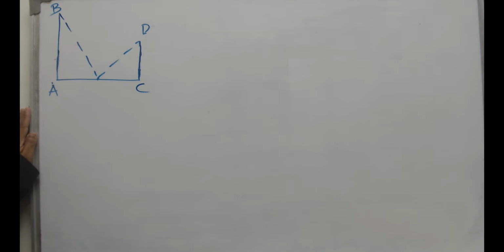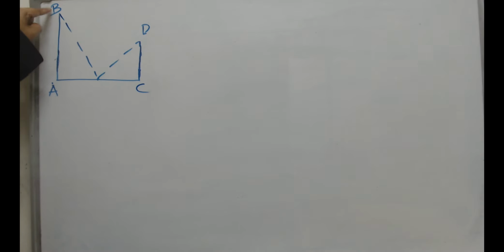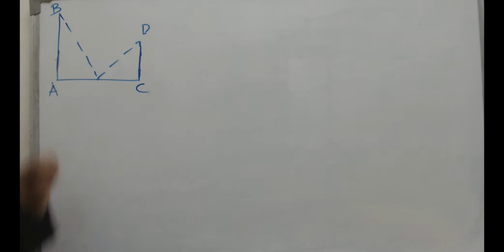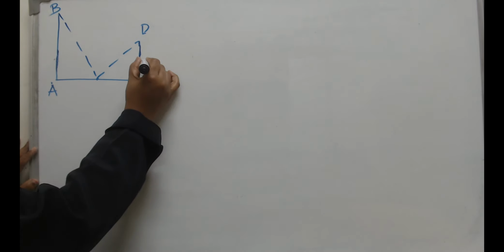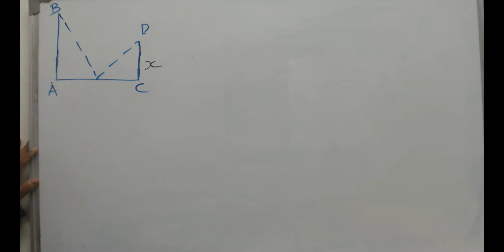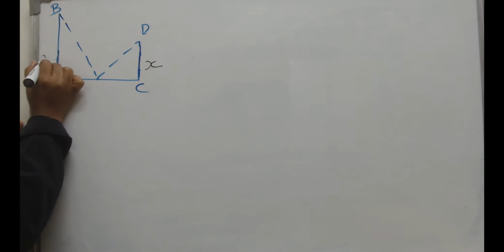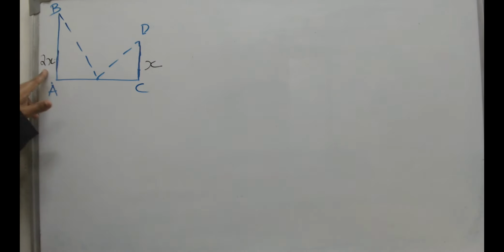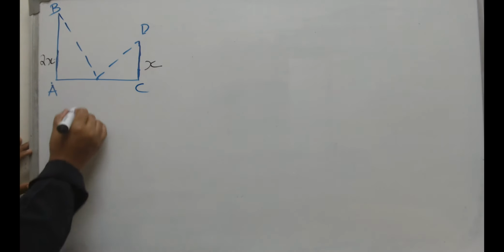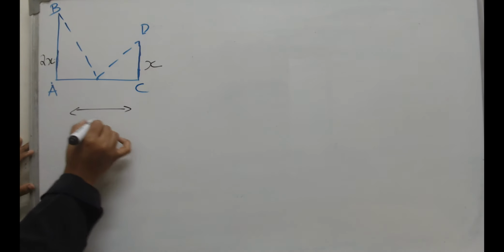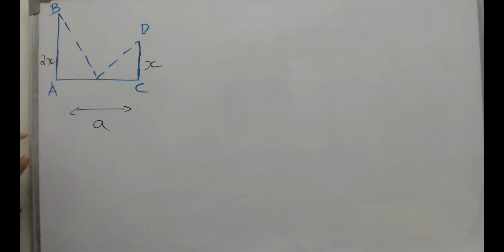Let us solve this question based on the principles of trigonometry. We are given two towers, AB and CD. One of them is half the height of the other, which means if CD is x meters, then AB will be 2x meters. These two towers are at a distance of a meters from each other, and there is